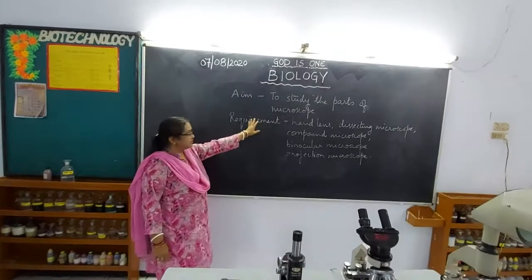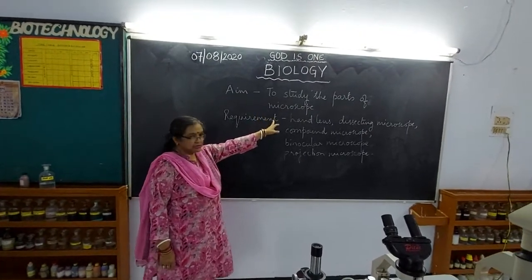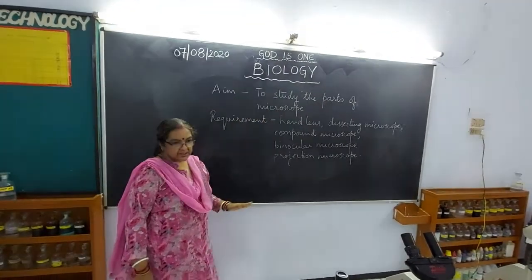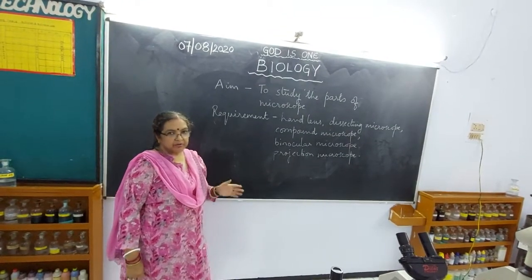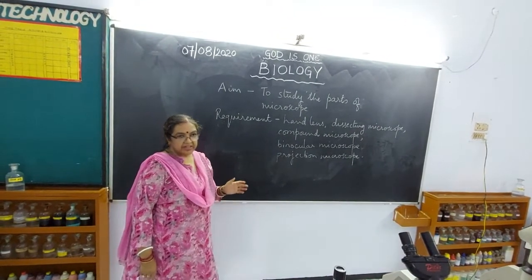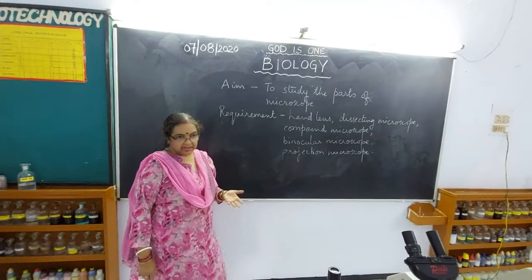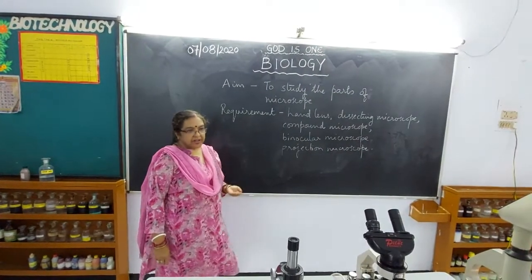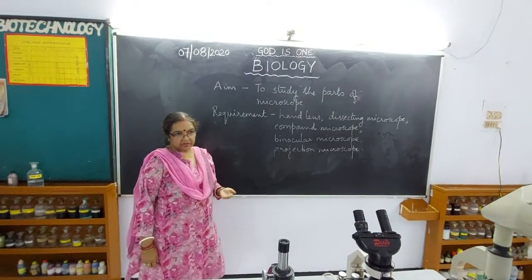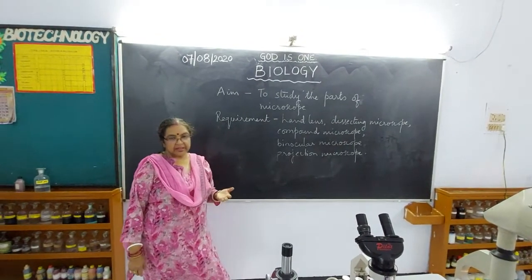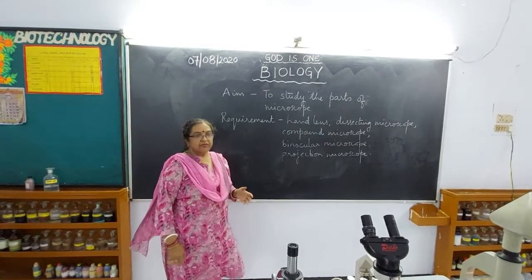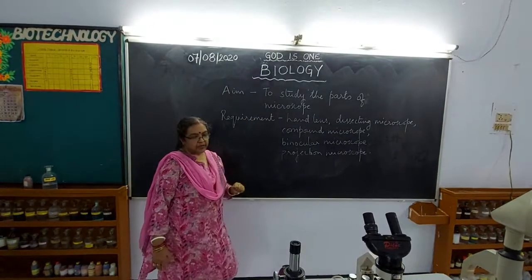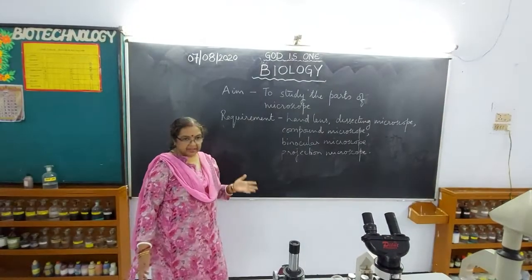Yes children, today we will be studying the microscope, to study the parts of the microscope. You see, for the study of biology, the microscope is the most important tool by which we study different things in biology. Mostly we deal with very small organisms or parts of cells and tissues and so on. They are so small that we cannot see them clearly with our naked eyes. So we have to enlarge, to magnify them, and by the use of a microscope we can magnify the object many times.